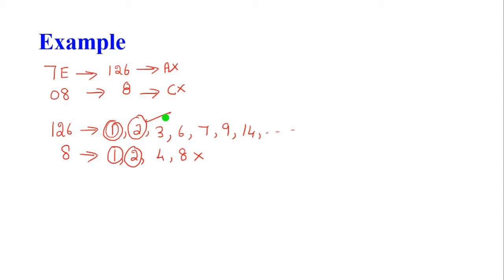Now I am going to explain using the division method. Here this is the AX and CX. Before we perform the division operation, we check whether both are equal or not. If it is not equal, then we perform the division. 126 divided by 8. What is the answer here? The answer is 1 and 5. 5 times 8 is 40, 46 minus 40, the remainder is 6. Now we are going to check. This is for DX. Okay, clear?